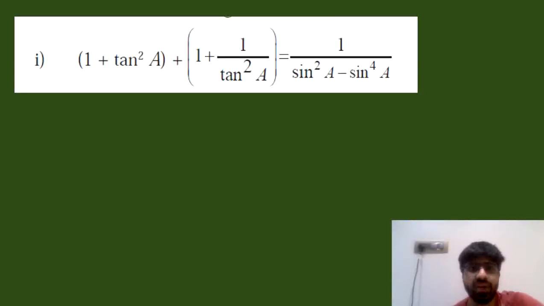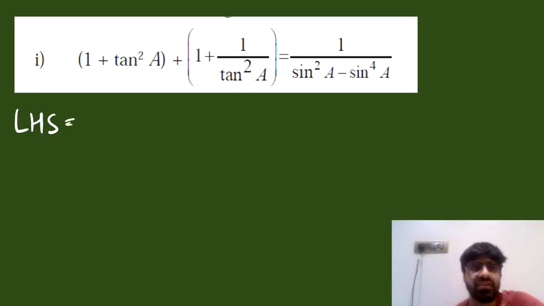All the questions are proof type questions. So if you check the first one, you need to prove that this entire thing is equal to this. So we will begin either with the left hand side or right hand side, whatever is convenient to us, and accordingly we will solve the questions. Here it is better we go ahead with the left hand side only.